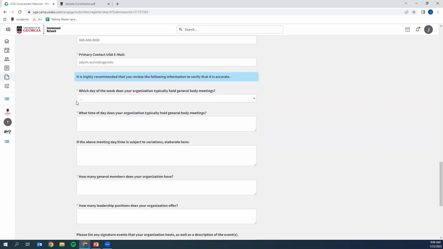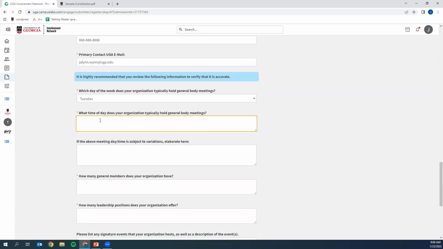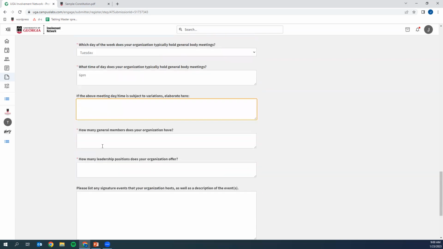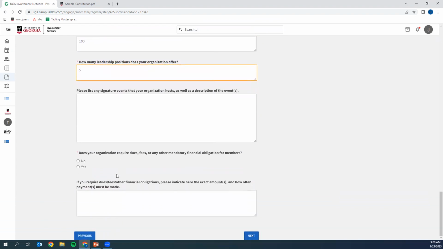Here we'll start asking things about your organization, which will be public. So when do you usually host meetings? When do they usually happen? And then how many members do you have? How many leadership positions do you have? If you want to list any signature events. And then you also put financial obligation. If you do have any finances obligated, please put the amount so that you're transparent to those looking at your